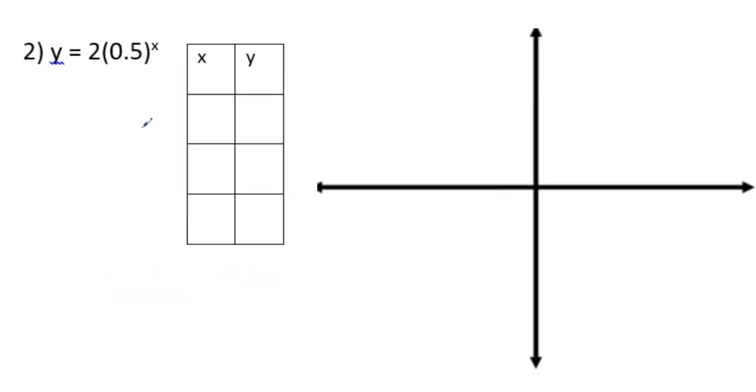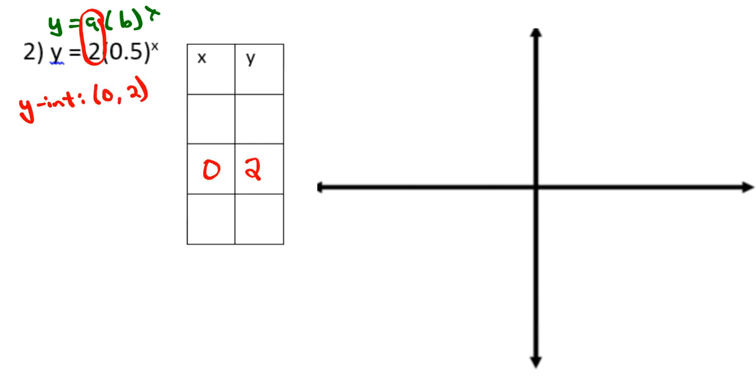So let's look at number 2. Again, now, write the formula underneath it or top it. I'm going to do on top this time, so I have more room down below. My y-intercept, of course, is the a value. So our y-intercept is 0, 2 again. So that's going to go right here. And then our ratio, though, is 0.5. So b,